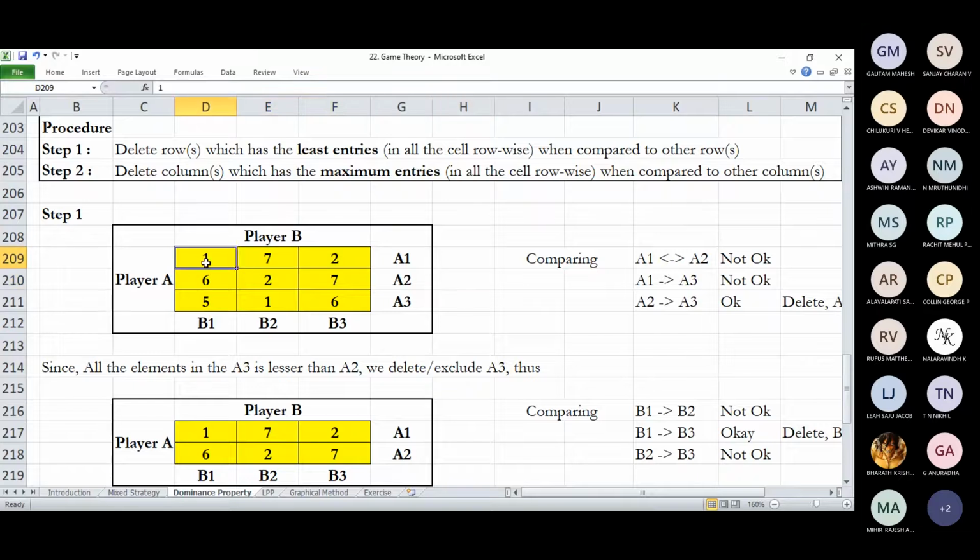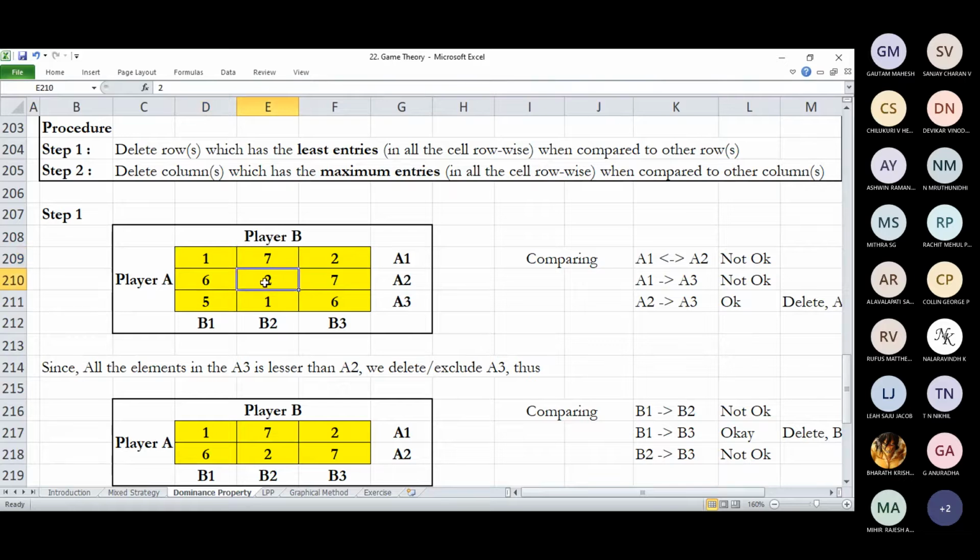I repeat, we will take a row and all the elements of that row are compared with the corresponding cells of the other row taken. In this case, we have taken A1 and A2. In A1, 1 is less than 6, which means it has a lesser value.